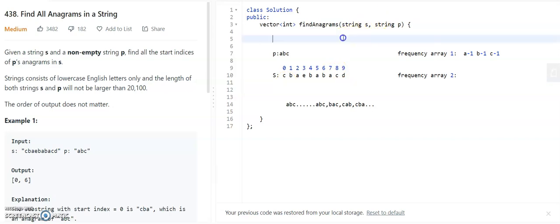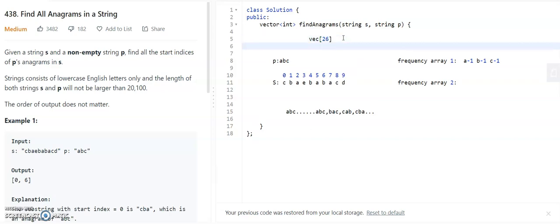Then how I will implement that frequency array: I will take a vector of 26. In that vector of 26, suppose the character is C, so C minus A, what will it be? In ASCII, it is 67 minus 65, like that.